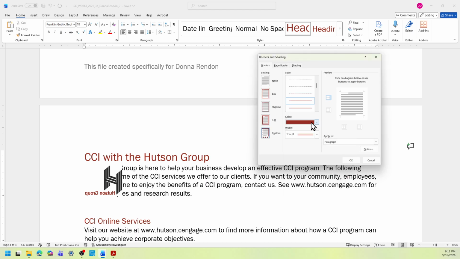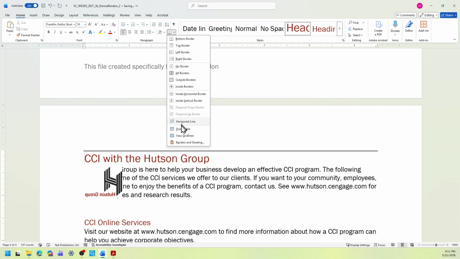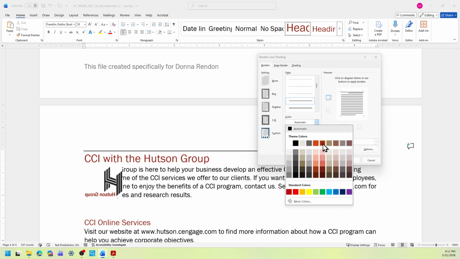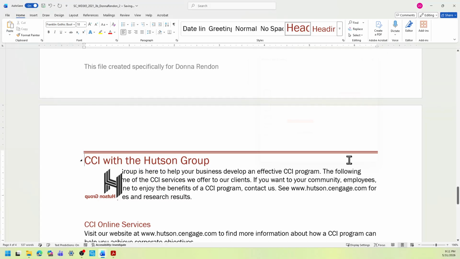Okay, there you go. So click OK. And it didn't, so I need to go back there, make sure that the borders is red. So it didn't work. Don't know why, but we need to just do this again. There you go. Click OK.